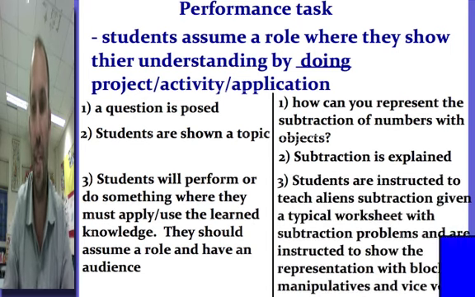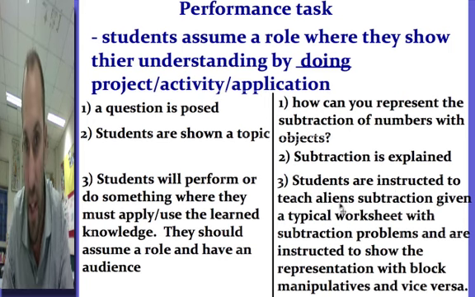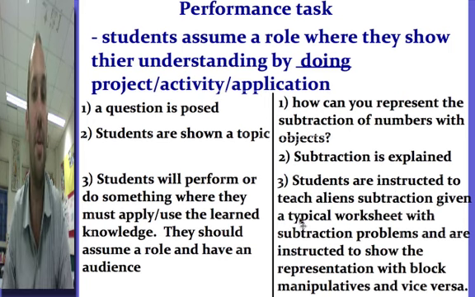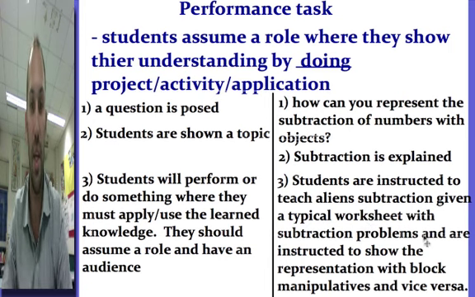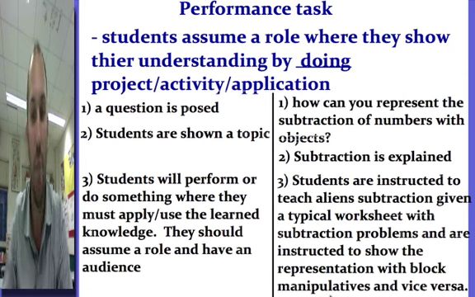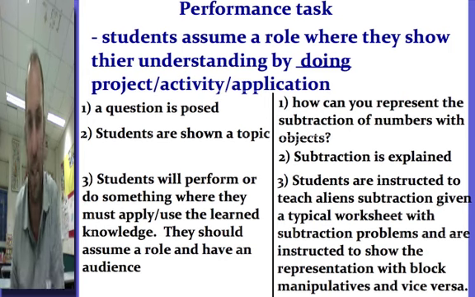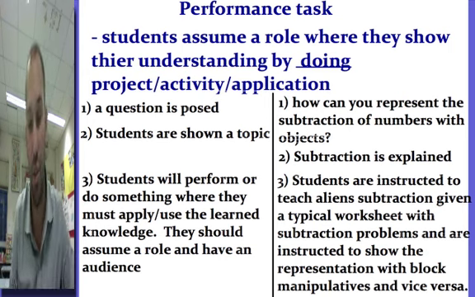So what if I did this for my performance task? Students are instructed to teach aliens subtraction by being given a typical worksheet with subtraction problems, and they are instructed to show the representation with block manipulatives and vice versa. Because aliens don't understand numbers, they only understand objects, the kids will show the aliens subtraction through objects.